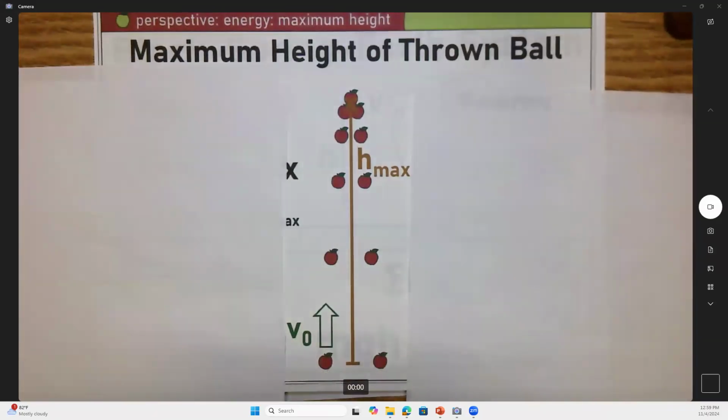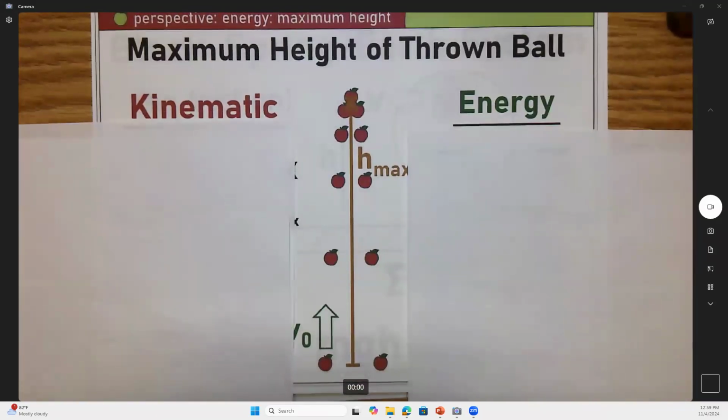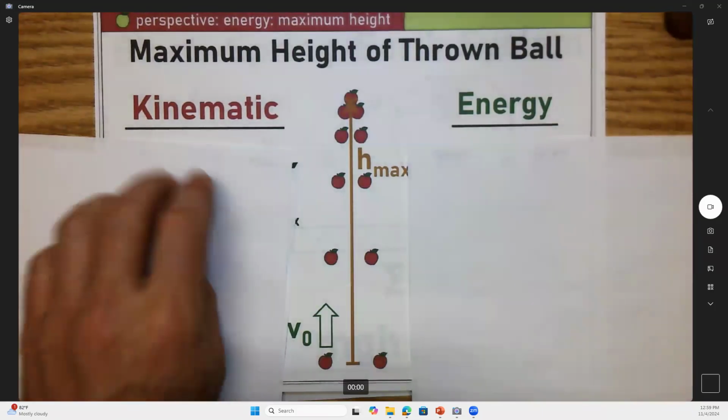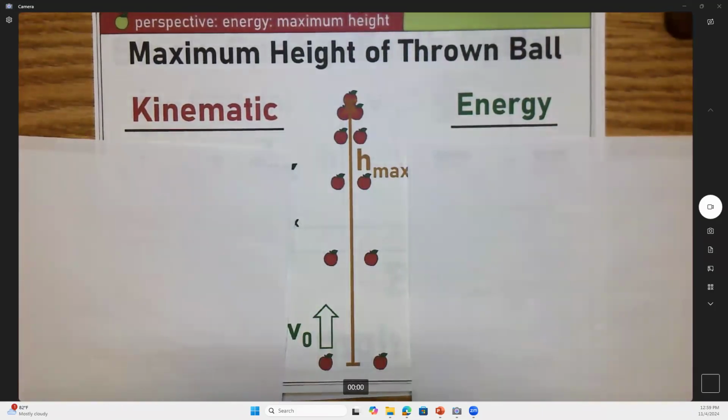Now, I want to do this kind of like what we just did with Galileo, which is that I bet there's two different ways you can solve this, and they better be giving you the same answer. So let's start with the old way. The old way is the kinematic approach. Which kinematic formula do you think is going to solve it? First, second, or third? Because it's almost the same as Galileo. Probably the third one. So let's start with the third one.